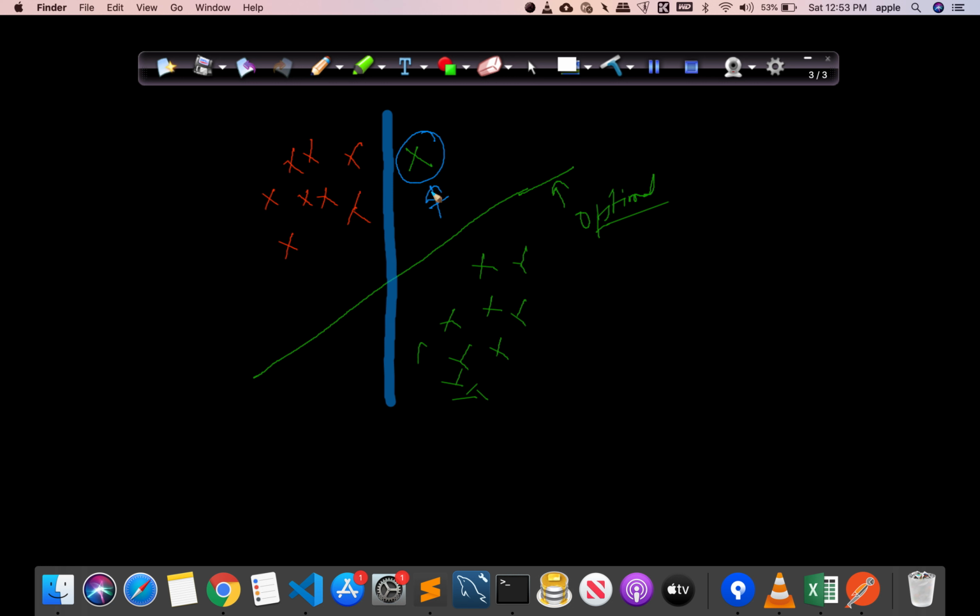So what we have to do is, for all the points that we have in our data set, we will not give them equal weights. What we will do is, if a point is lying very far away from this hyperplane, then we will come up with a formula which will normalize the distance. Suppose this distance is 500, so we will not take 500 as the absolute value. We will change this value and we will normalize it. So we will see how to normalize these type of values.